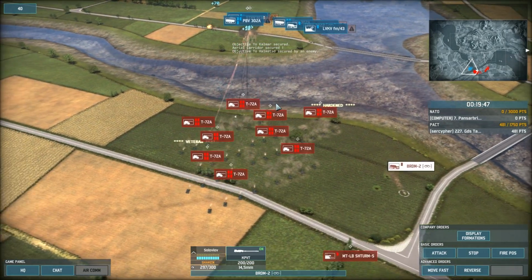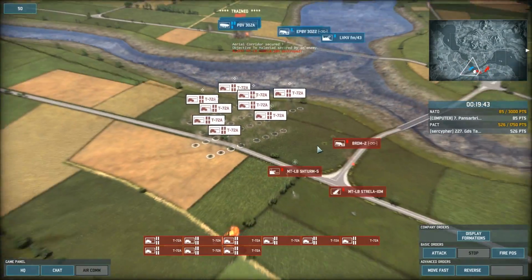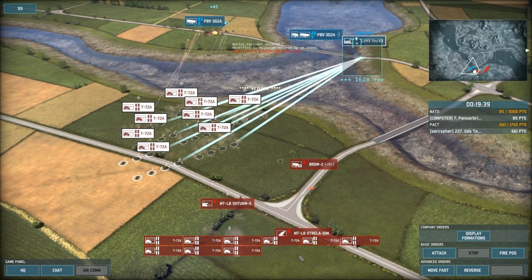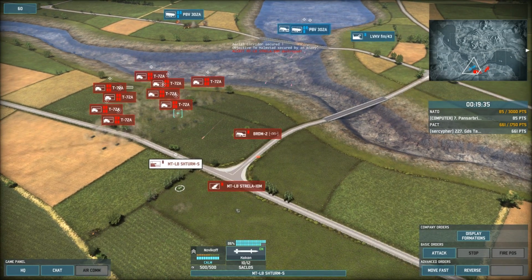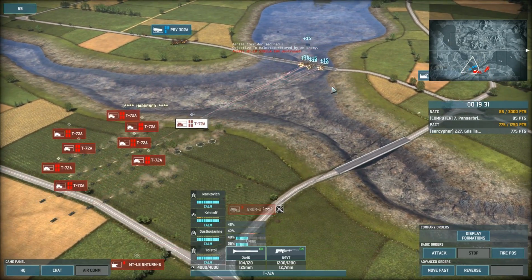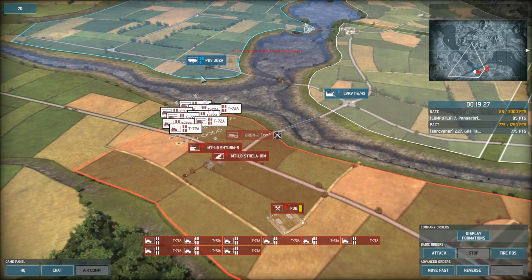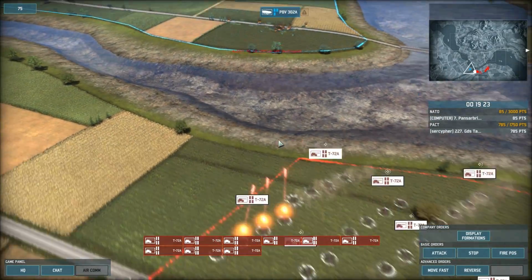So, all of my T-72s, murdering all these guys here. Should be shooting these guys coming across this bridge. This is less than ideal. There we go. So the enemy's coming across, the enemy is over here. So now, essentially,